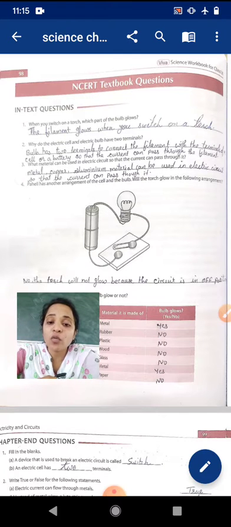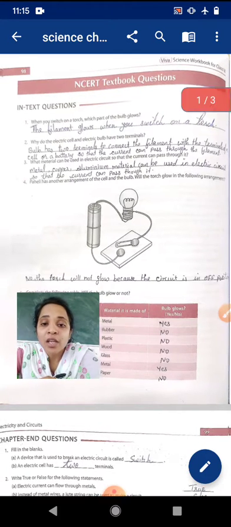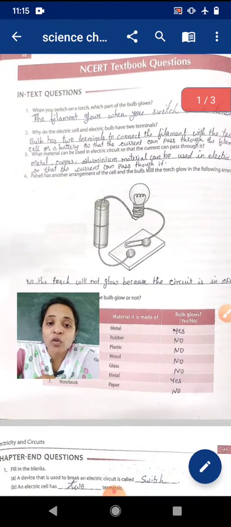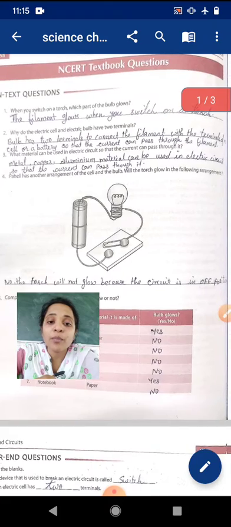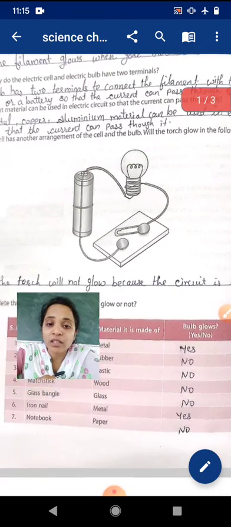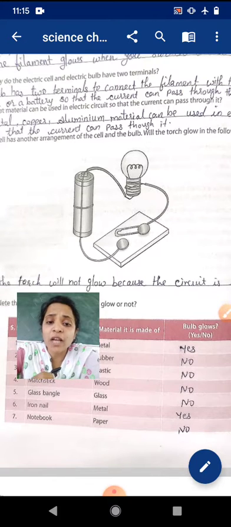Now question number 4. See students, here it's written that Paheli has arranged another arrangement of the cell and the bulb. Will the torch glow in the following arrangement? Sometimes you will get a question to see whether the circuit is in the on position or off position, or a question like complete the circuit, right?